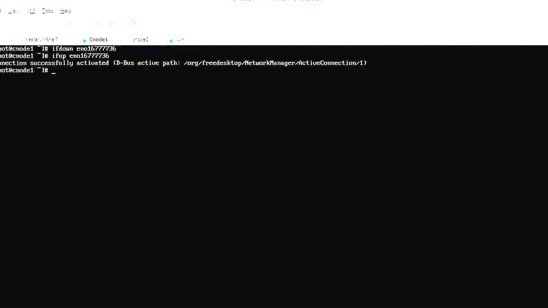Okay, ifdown eno16777736, disabled, ifup eno16777736, connection successfully activated. Okay, so here also